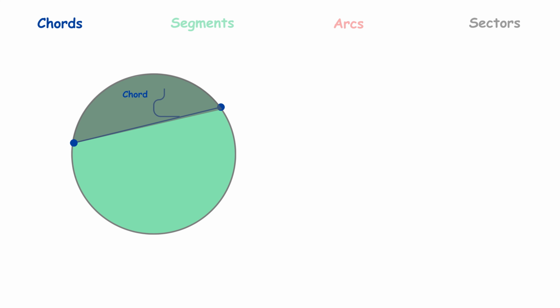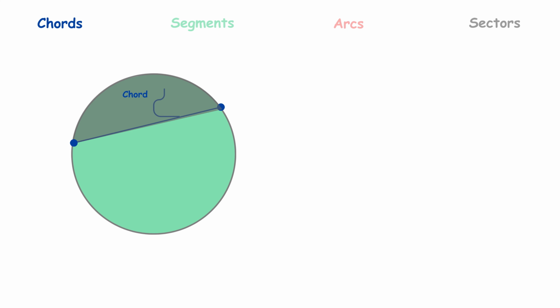A chord is simply a straight line that connects 2 points on the circumference of a circle. So this line here is a chord because it is a straight line, and it connects this point on the circumference to this other point on the circumference. Something important to notice about this chord is that it effectively splits the circle into 2 parts,